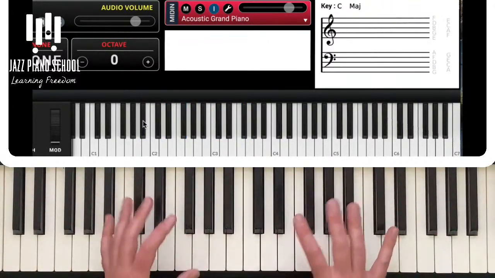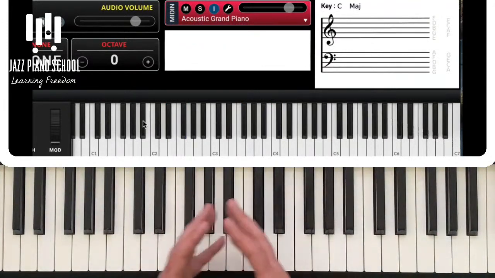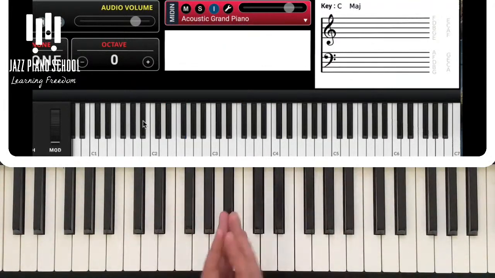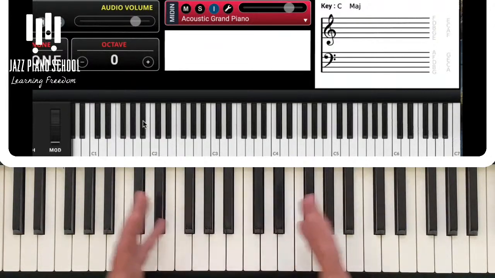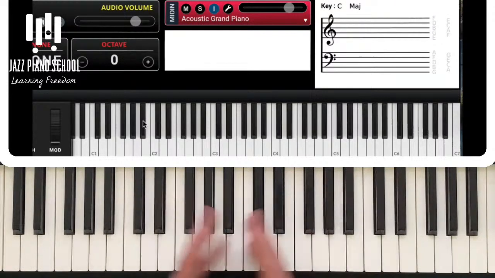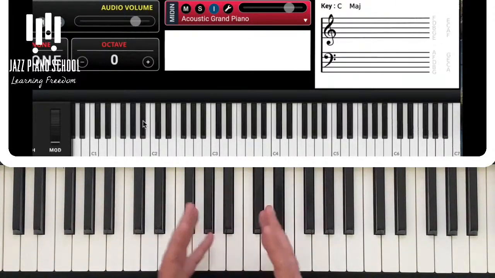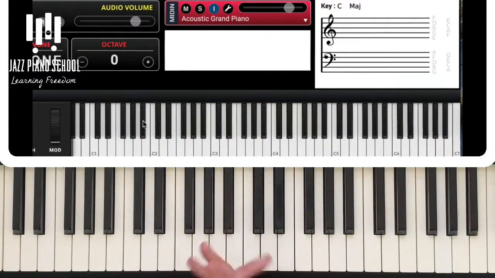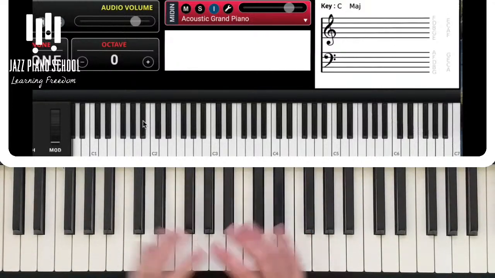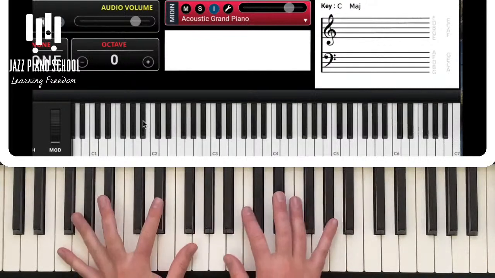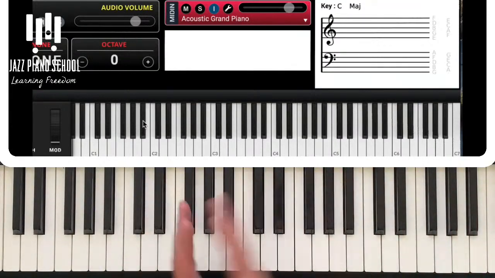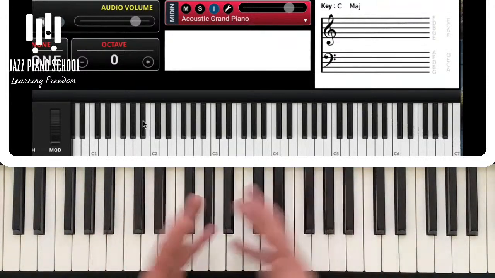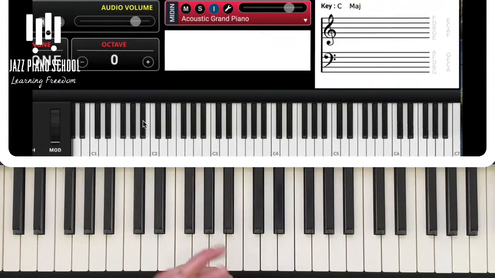This kind of recognition of playing will give you complete control and freedom to paint however you want, to play however you want, to express yourself however you want over any tune at any time, right? So when I play a tune, if I play a simple tune like All the Things You Are, I can add any color I want at any time. And this is the level you want to strive to get to. This is the level you want to get to,